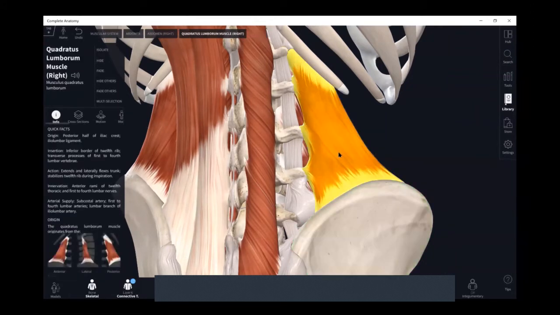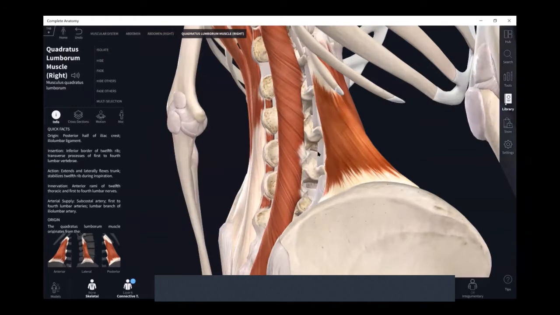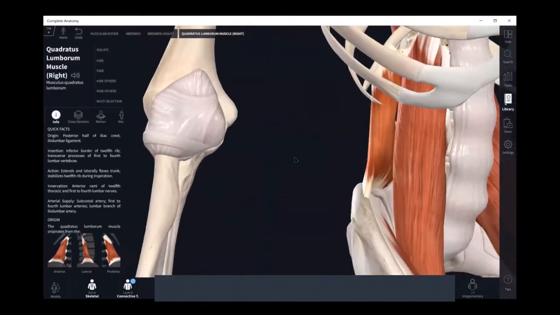Okay, it extends and laterally flexes the trunk, and it stabilizes the 12th rib during inspiration. Innervation is through the anterior rami, 12th thoracic, and 1st to 4th lumbar nerves. So fairly decent sized